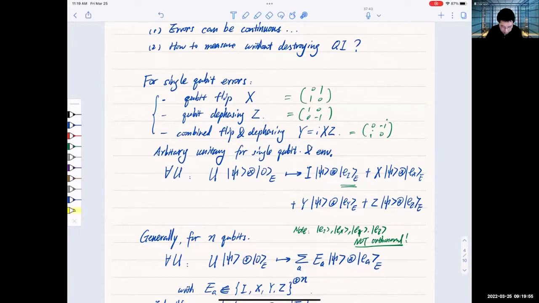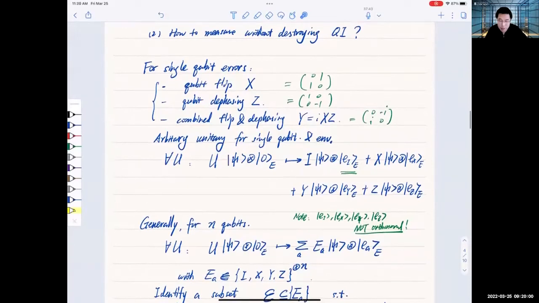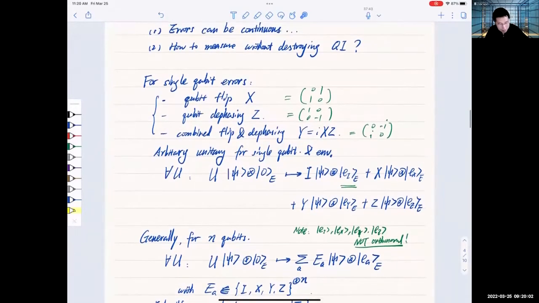Okay, now it's a good time to make an important disclaimer about what we really want to achieve for quantum error correction. First of all, we're not trying to correct all possible errors, because it's impossible for error correction to correct all errors, including logical operations. If that were the case, there would be no way to do logical operations, because they would be identified as errors to be corrected,